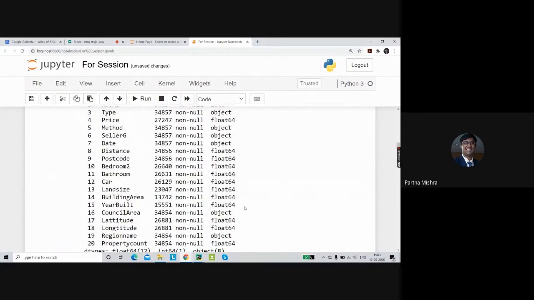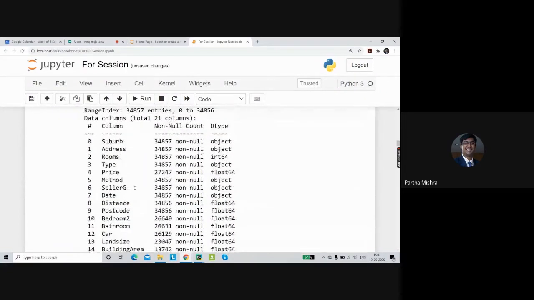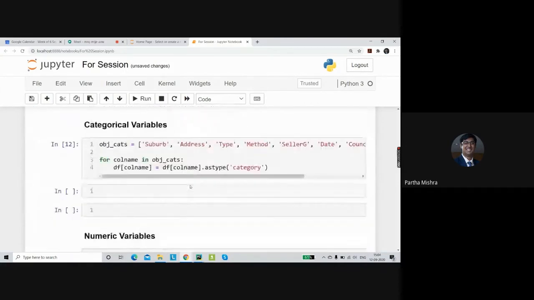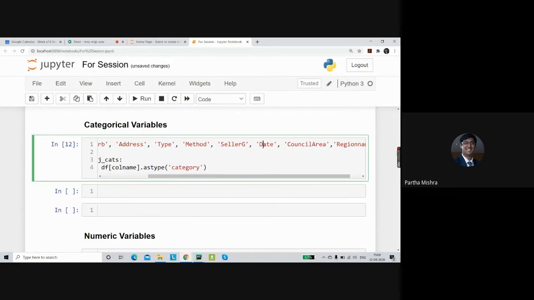If we take a closer look at this particular data, we have this date column which was mentioned as object. And we know Python has something called a datetime variable in itself. So now we have taken the entire thing and converted it into categories, but for date, we already have a datetime structure. And pandas has a particular method that we can take the help of to convert that particular column into its right type. I'll simply mention df date